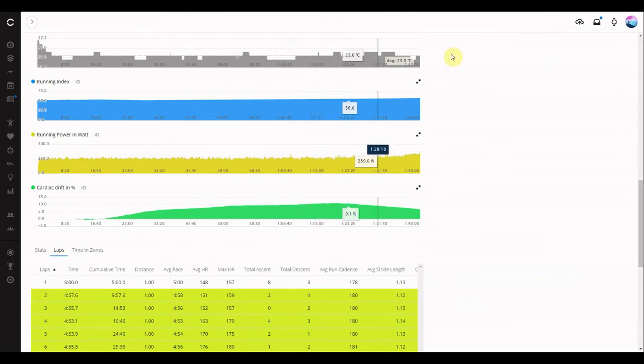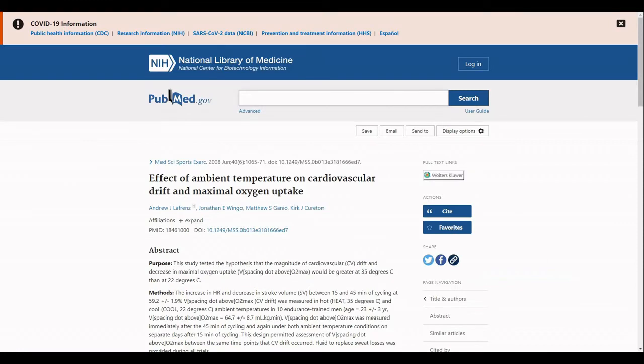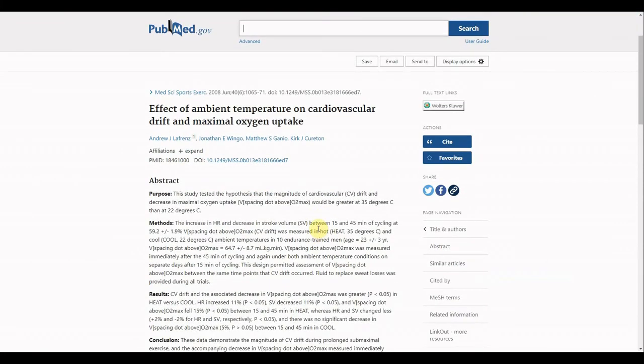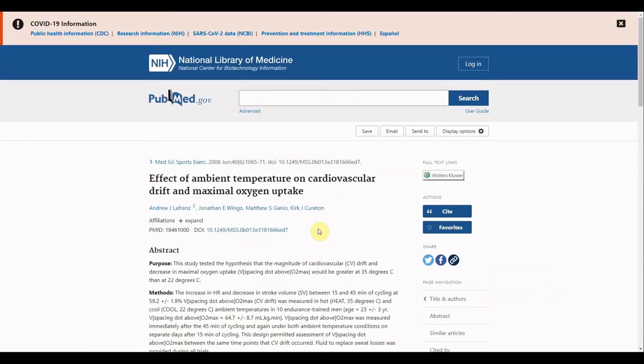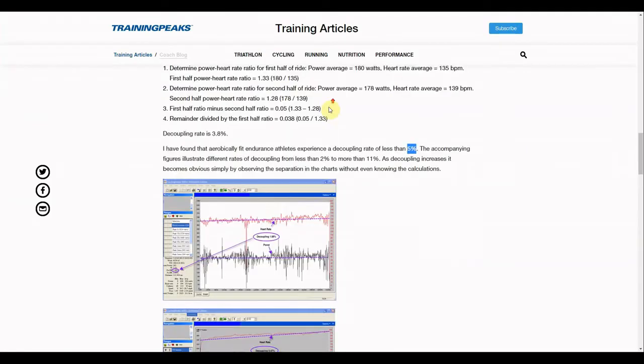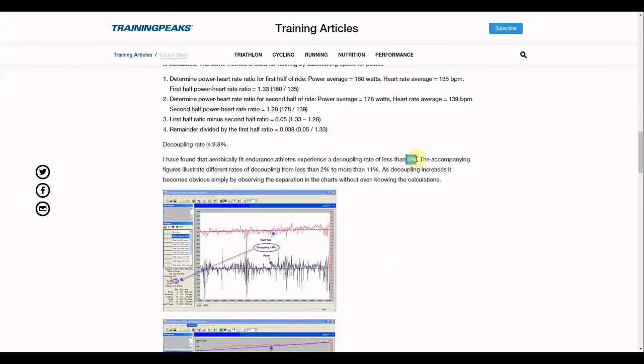Anyway, once you've got this app and you've got the stats, why does it matter? How to use that? Well, I've got a few challenges to this approach. So first of all, if dehydration can really impact your drift, my question is, when Joe set this cutoff of 5%, does it include the athlete having access to enough fluid, enough drinks, or not?